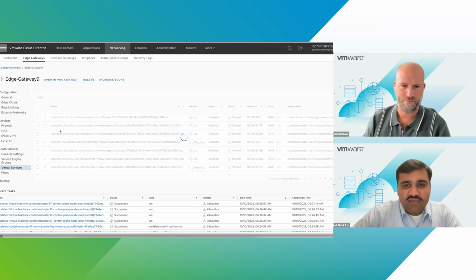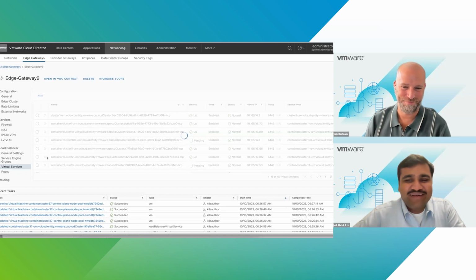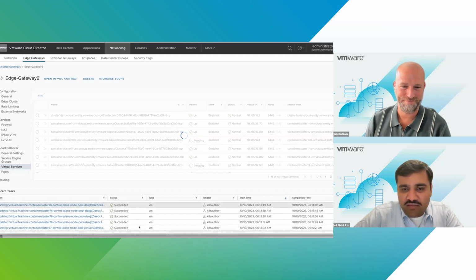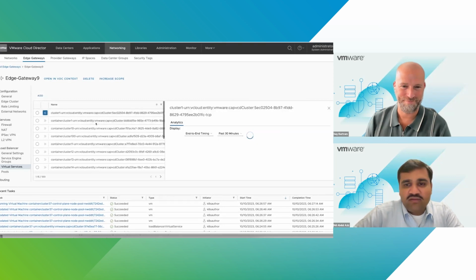And sorry, it's taking a little bit of time. Oh, no worries. So there are lab resources, right? Yep, this is a lab environment, and there is a lot of churn. I'm creating, deleting to kind of show the real-time things. It will just take a couple of minutes, and I wanted to show the UI. Oh yeah, we have it here.